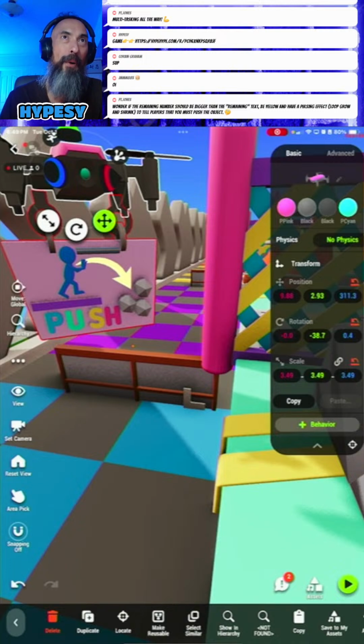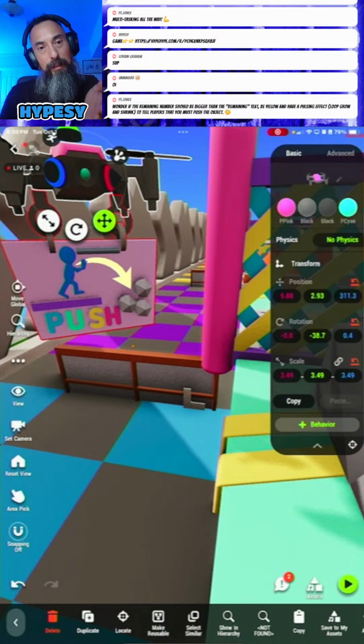But a part of me wants the player, because this game is different, to be able to figure out what you're supposed to do. And once somebody understands and has made that mental click, like, hey, this game is a little bit different, and you have to push the objects, once they know, then they're good. Then when they get into this game and they get stuck at a gate, they know what to do.